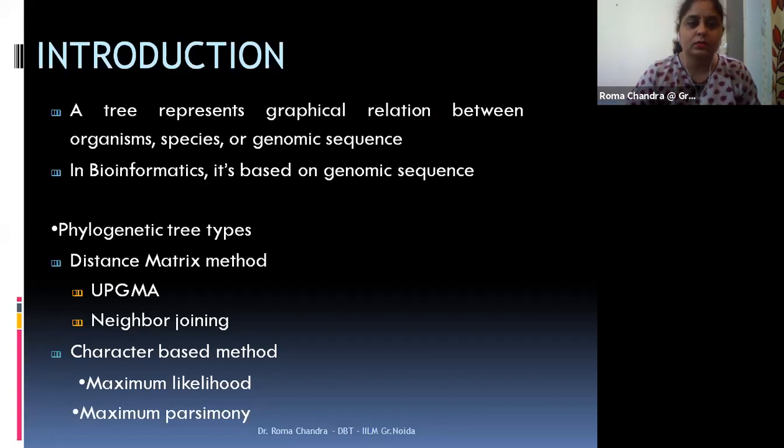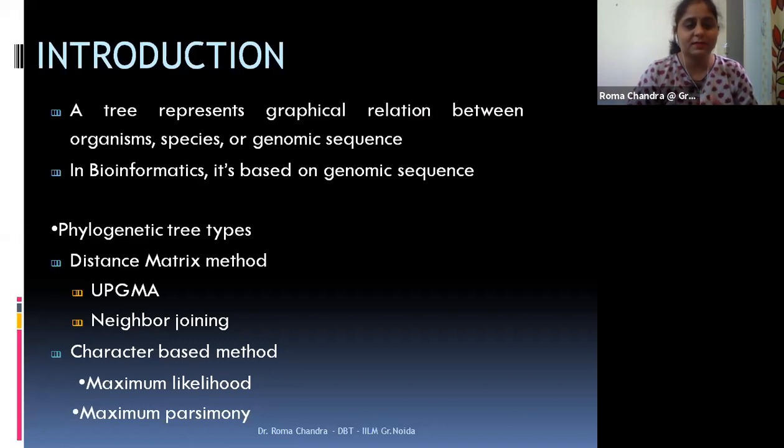Phylogenetic tree construction methods include two kinds: the distance-based method and the character-based method. The distance-based method is also said to be the phenetic method, and the character-based method is also said to be the cladistic method.